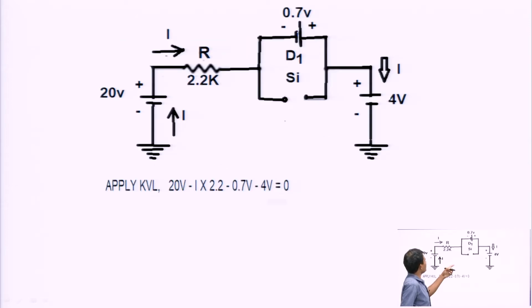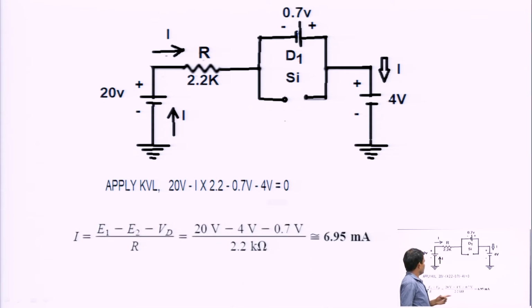So, this is the calculation. This diode will become open circuited and this is the calculation. We can find the current and voltage by applying the KVL here. This means here the current is 6.95. Practically this circuit becomes a series circuit.